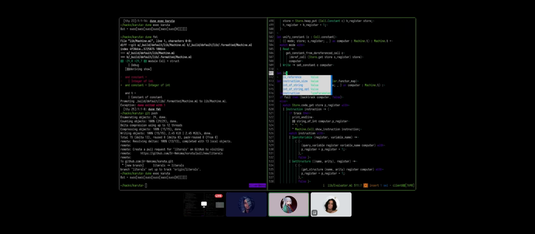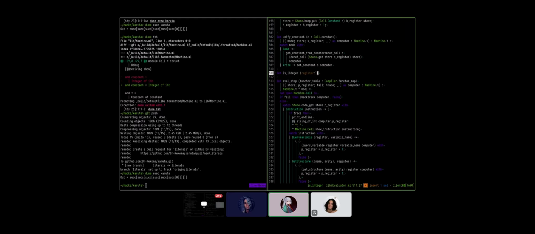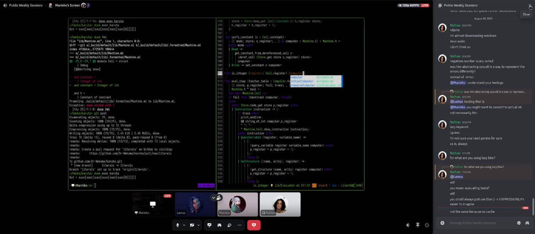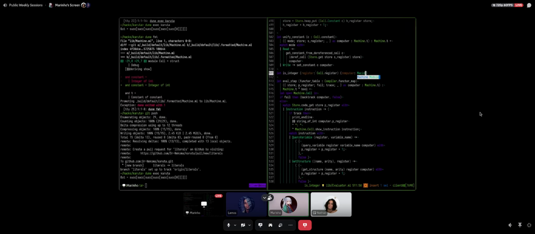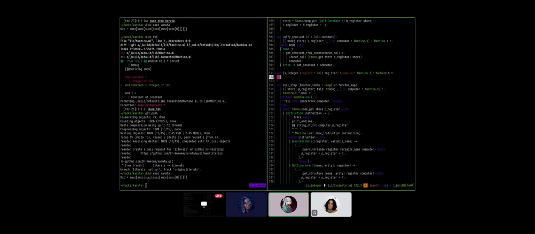Look, it's literally just is integer takes a register, which is Cell.register, takes the computer, which is a Machine.t, returns a computer, and then all it needs to do is computer with fail equals.